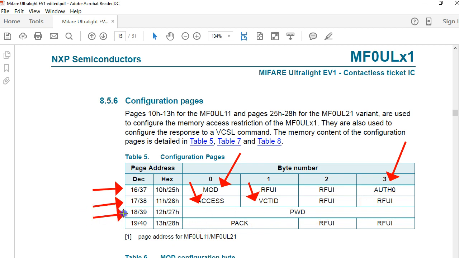And the 18th page, we have got the password. So the password takes the entire 32 bytes. And in byte 19, we have got the pack, which is again related to the password, and the remaining 2 bytes are not used. So the other two numbers here, that is the 37, 38, 39, 40, they are